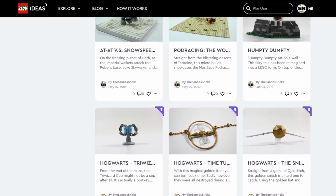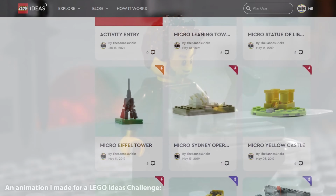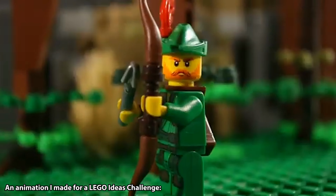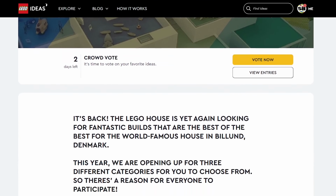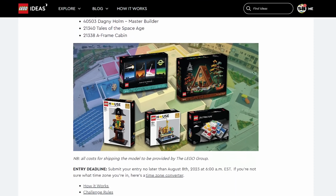Now, up until this point, I had been a part of Lego Ideas for about 6 years. And while in the past I had participated in a few challenges and a few community activities, I had never competed in a challenge quite like this one. So when I saw that the themes had been officially announced, I decided to give it a try. And of course, the first step in any build is the...